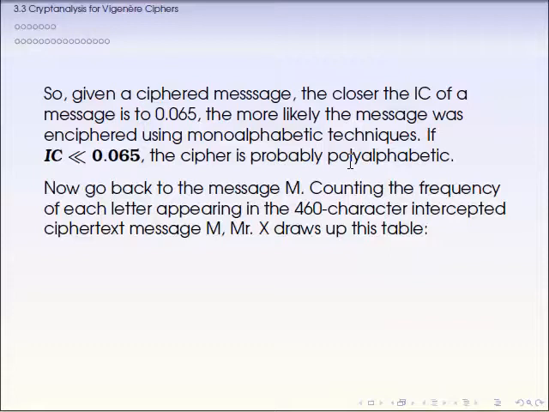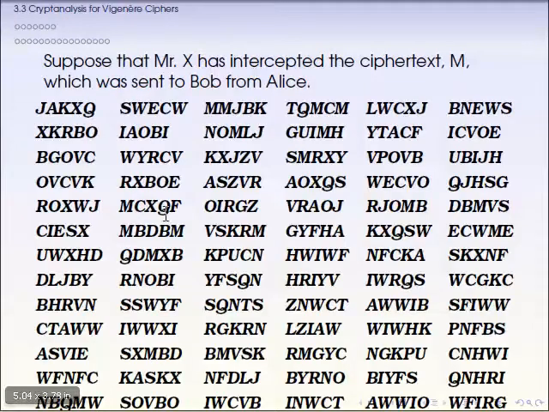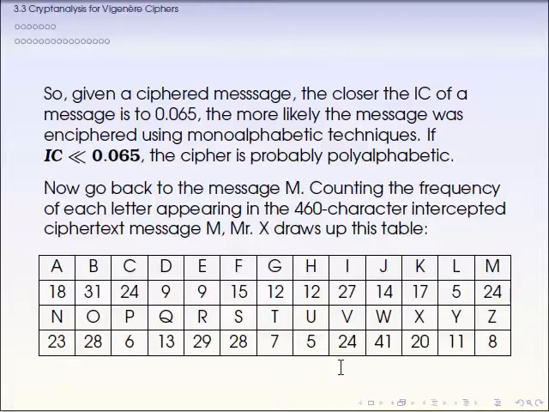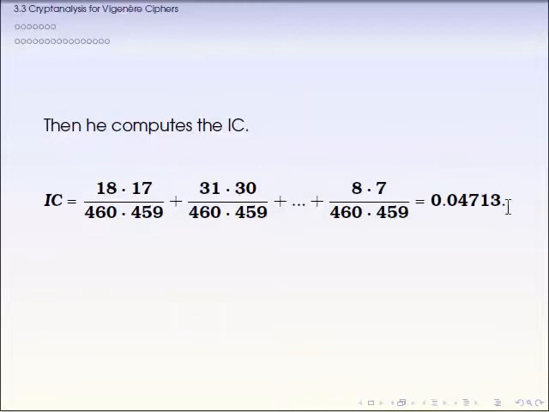Okay, so let's look at the message that we had before in this section. It's likely this one, and it has about 450 characters in it. So please count the frequencies of each letter in it, and this is the result. Letter A appears 80 times, B appears 31. So it's not equally likely, but let's calculate the IC of this ciphertext, and it turns out that it's 0.047,